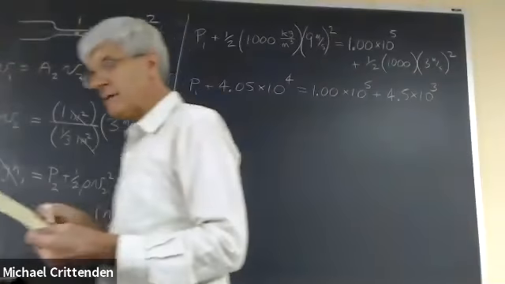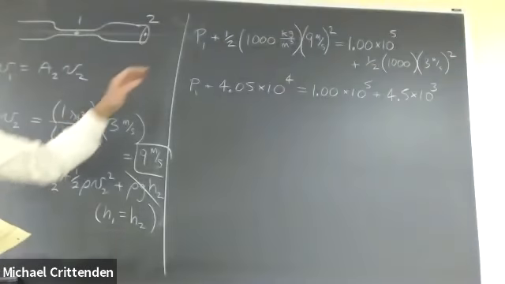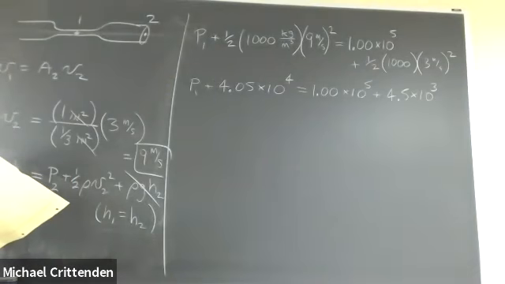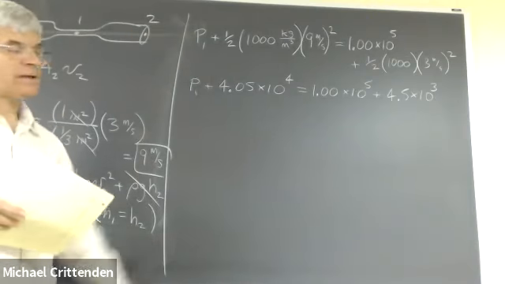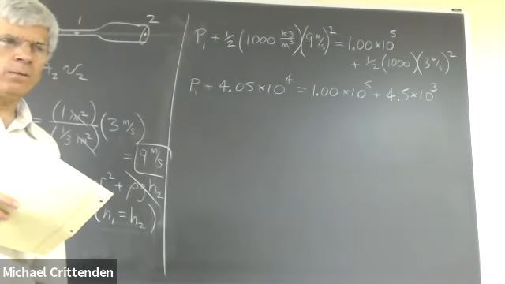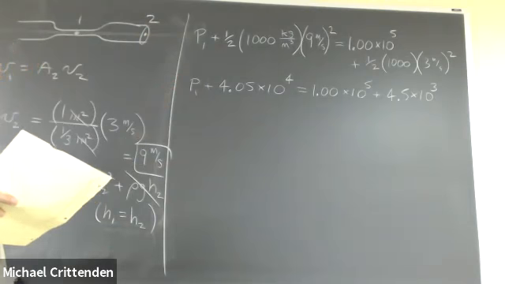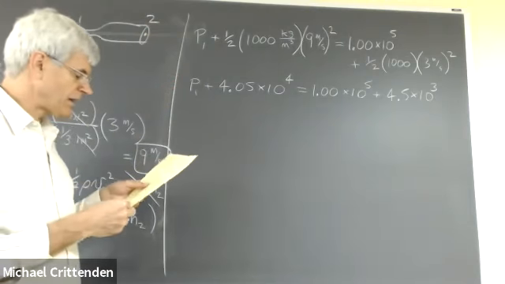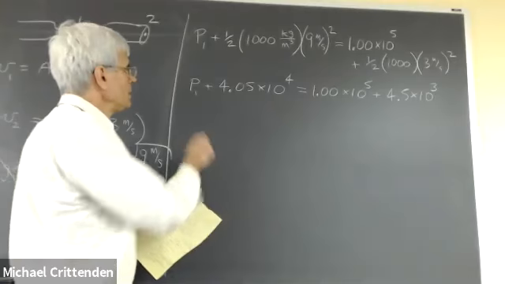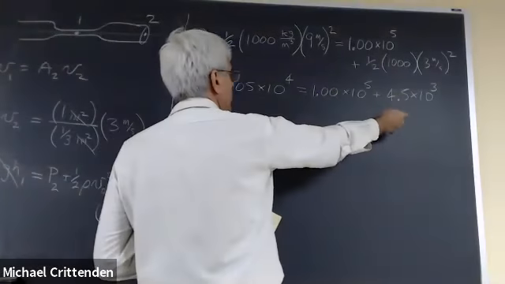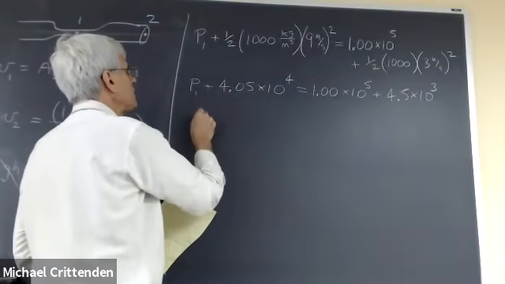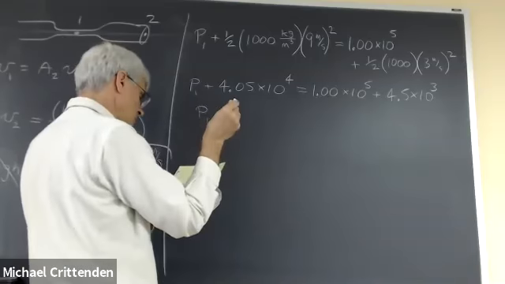You may or may not want to bother putting down all these details in your notes, but I find that if I don't write out a lot of detail up here on the blackboard, and I just jump straight to the answer, people go, hey, how did he get that? So too much detail is probably better than too little for this kind of thing. So you add that to that and then subtract this, and the pressure comes out